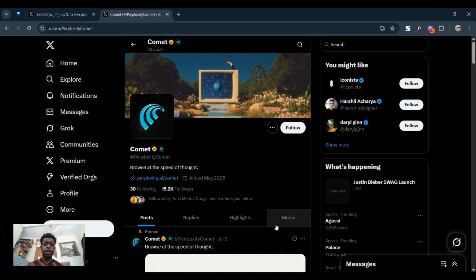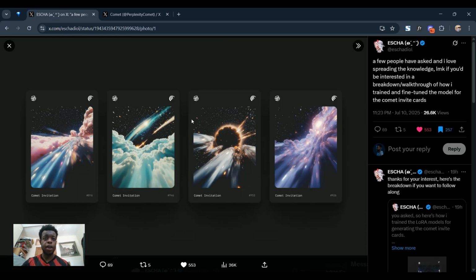Those of you in the design space, in the Twitter space or X space, and in the AI space may know that Perplexity, an AI model provider, an LLM, are releasing their first AI-powered browser called Comet. Now, I was scrolling through X and I found this, which are the actual invite cards that were sent to early Comet users. Now, in this video, I'm going to try and recreate these cards or create something similar